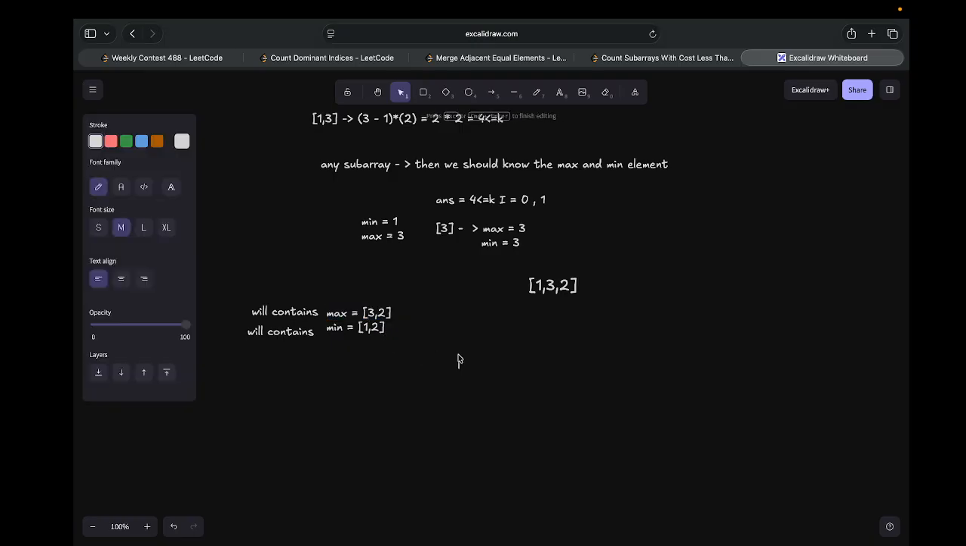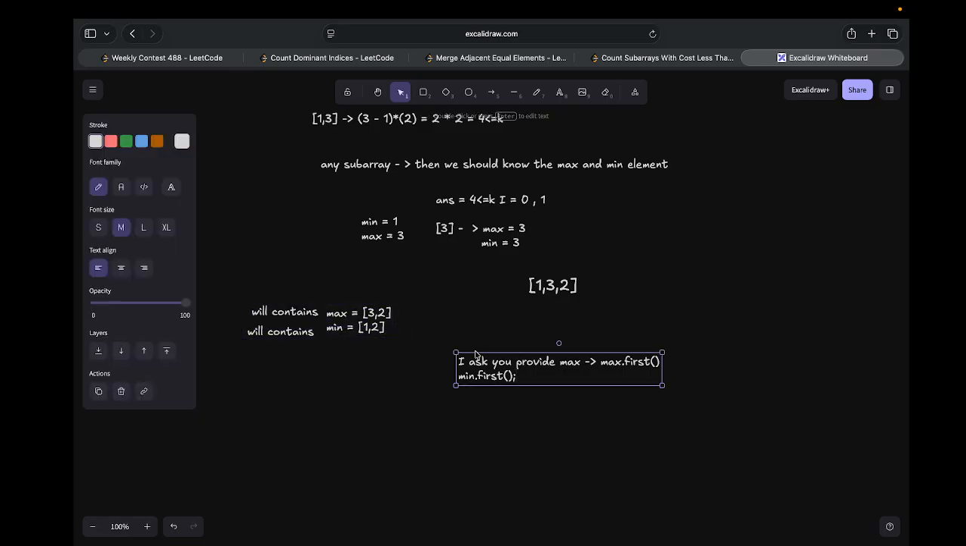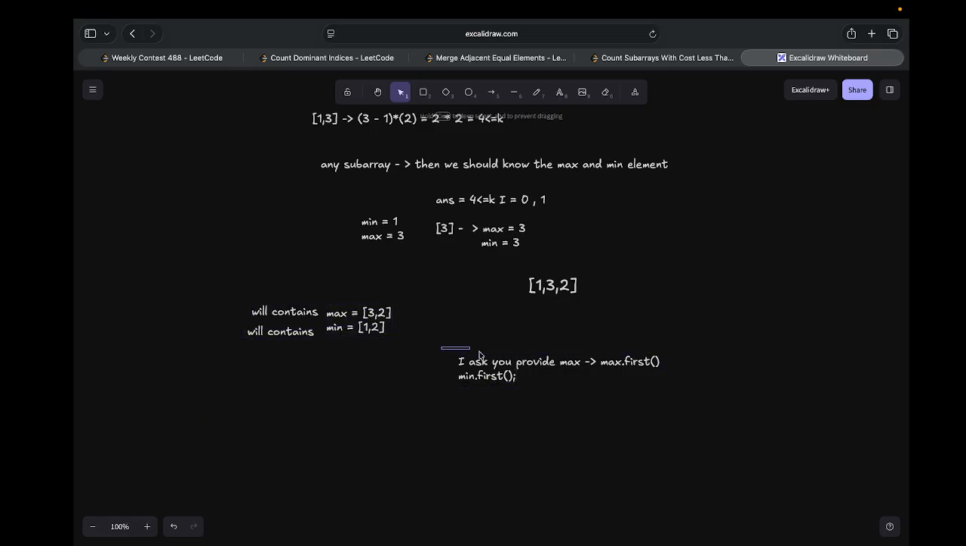And if I ask you to provide the max, then you simply go to the max and provide the first element, and same, you go to the minimum, provide the first element, and you see this is actually the correct answer which we are looking for. So we are just going to use this, and at every point we just simply check